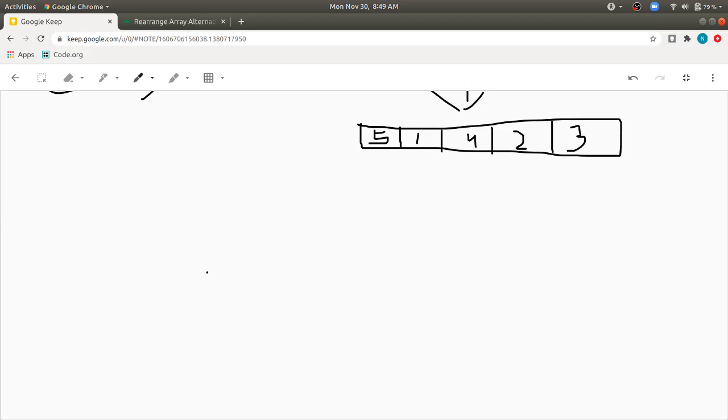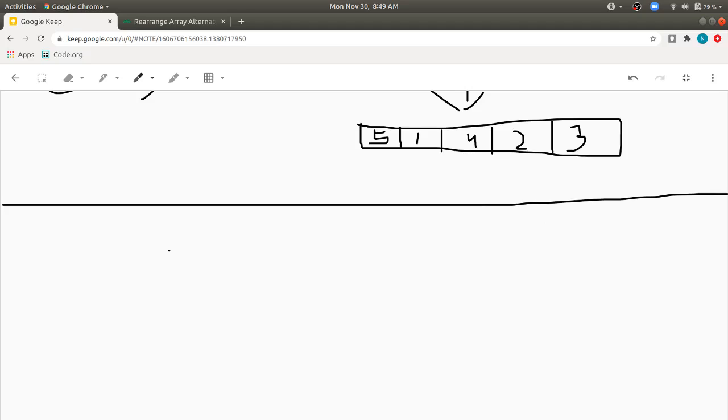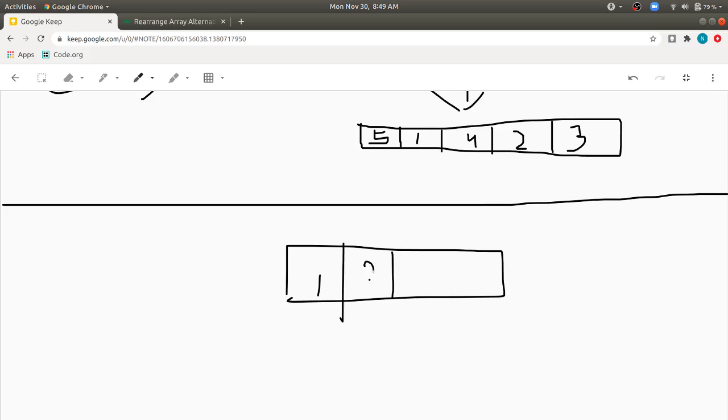To do this problem, there is a very beautiful concept that we have to see, and that concept makes this question a really beautiful one. So what we are trying to achieve is, let us say we have an array like 1, 2, 3 and 4. Now I tell you that you need to rearrange this array, but while rearranging you cannot